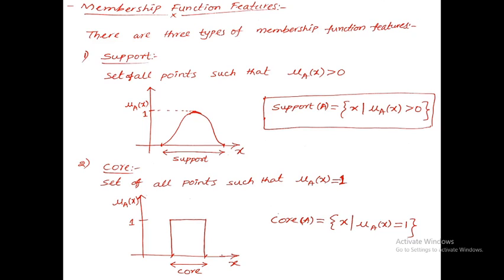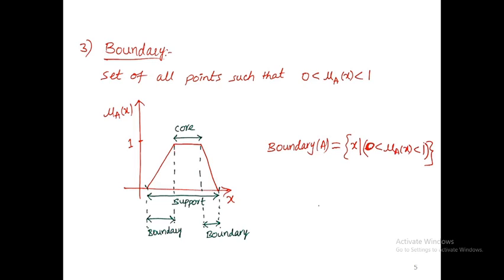And next one is boundary. Boundary means the set of all the points such that 0 is less than mu of x is less than 1. Here it is 0 less than mu of x and less than 1, not less than or equal to. So if you see that figure,